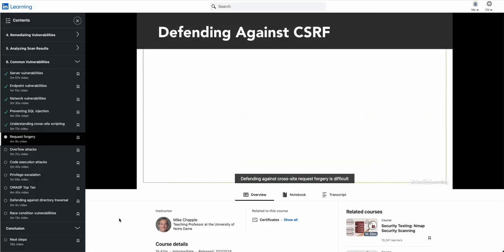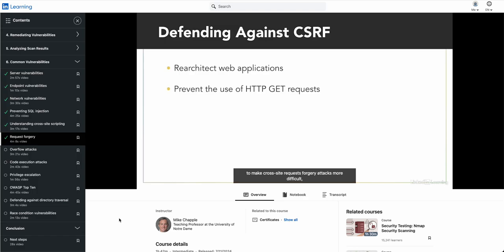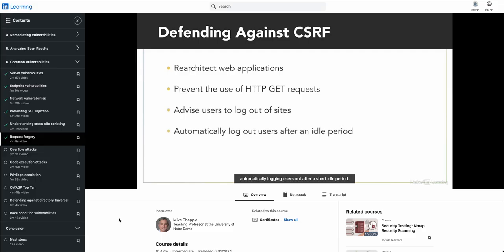Defending against cross-site request forgery is difficult, and it often requires re-architecting web applications to use cryptographically strong tokens in each exchange between authenticated users and a website. Other measures include preventing the use of HTTP GET requests to make cross-site request forgery attacks more difficult, advising users to log out when they're finished using a site, and, because they probably won't follow that advice, automatically logging users out after a short idle period. This is an inconvenience to end users, but it reduces the likelihood that a site will fall victim to a